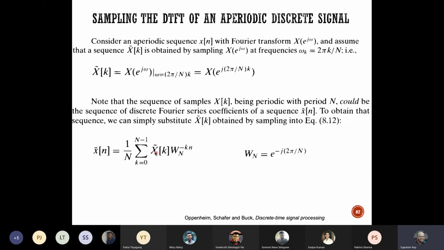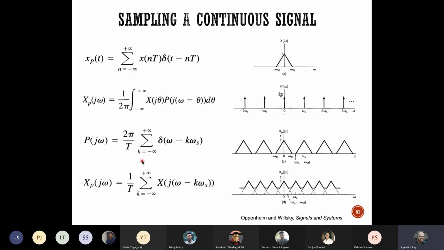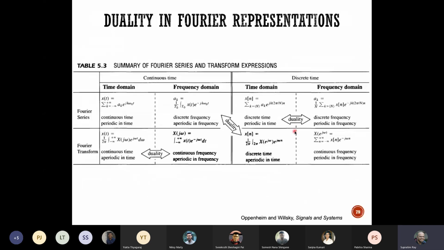This is the same as this formula here. x[n] can be constructed by doing this. Here a_k is your x tilde k, that's the coefficient here. And I'm just writing this e to the power jk 2 pi by N in a slightly fancy way,